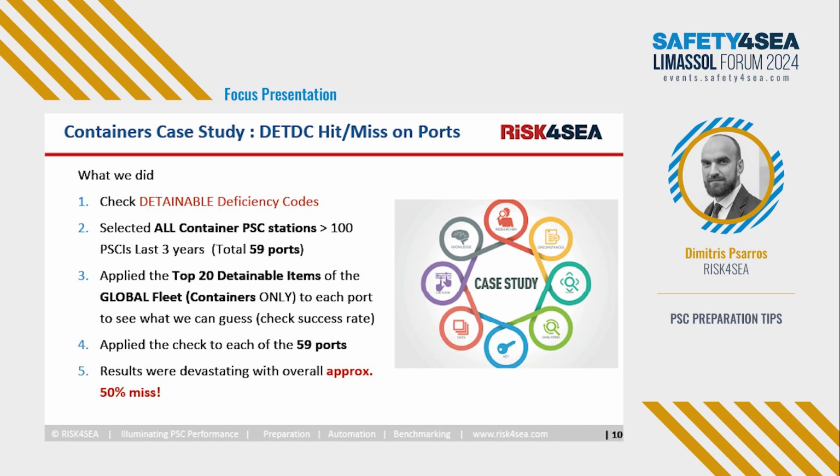We selected all container port state control stations that had 100 and above inspections for the last 3 years. These ports were 59. And we applied the top 20 detainable items of the global fleet for containers only to each port to see what we can guess. The check applied for these 59 ports, and the results were disappointing, as you can see here, with an overall 50% out about the detainable items. I am sure that